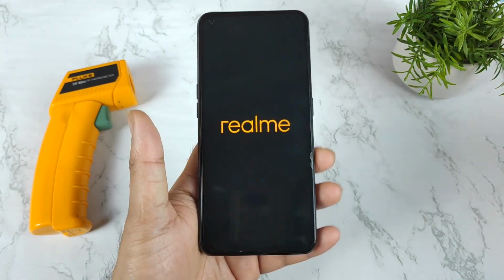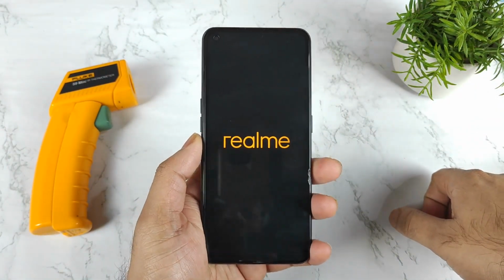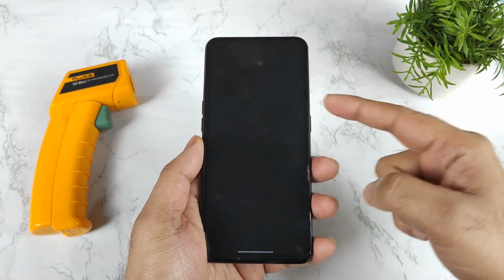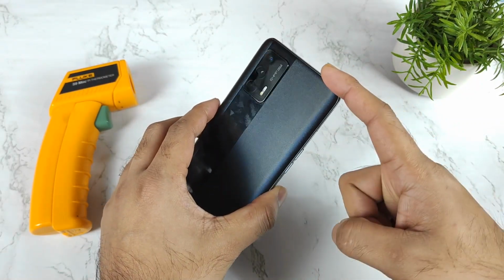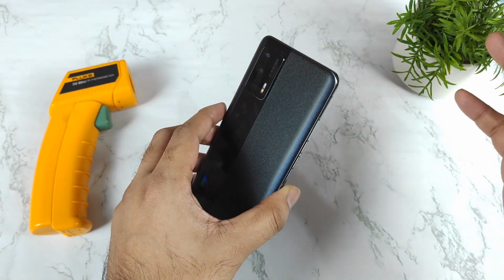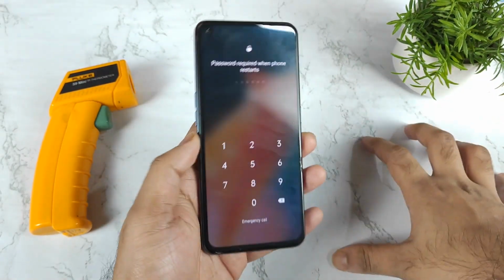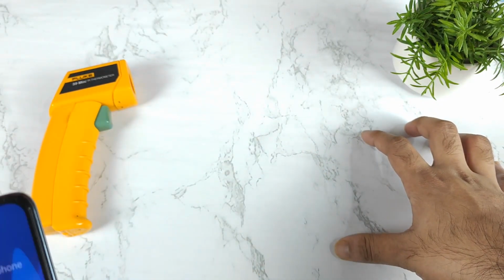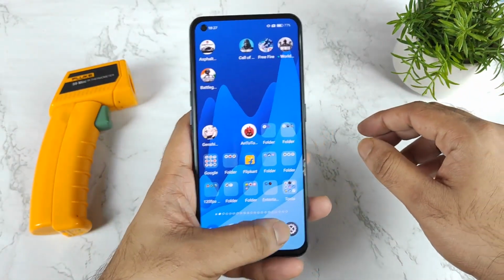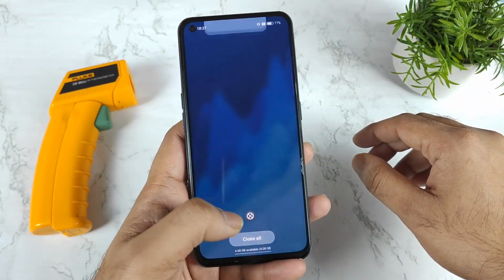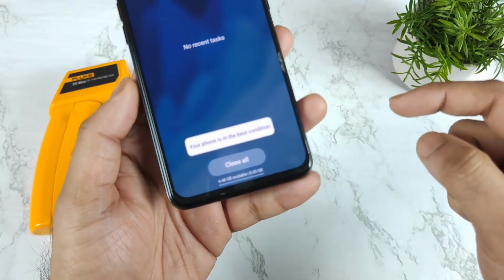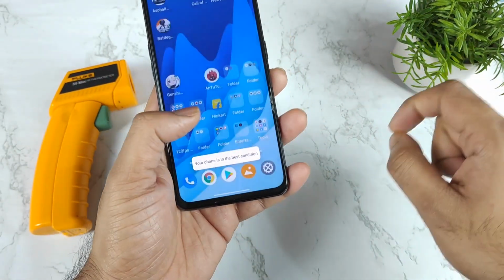So right now we'll try to observe, friends, exactly what the difference in terms of the scores is. Usually the phone, after Realme UI 3.0, did reach 7 lakhs as well. But we're going to see what happens without any kind of RAM expansion, how much we can actually get here. All the apps are completely cleared from the background and there are no RAM expansion capabilities. As you can clearly see, that's perfectly done.